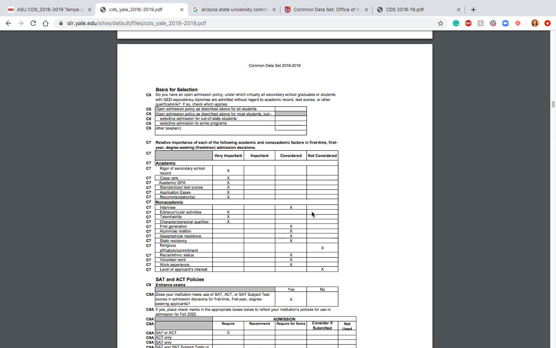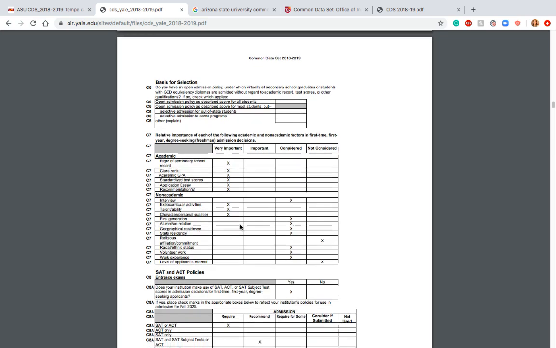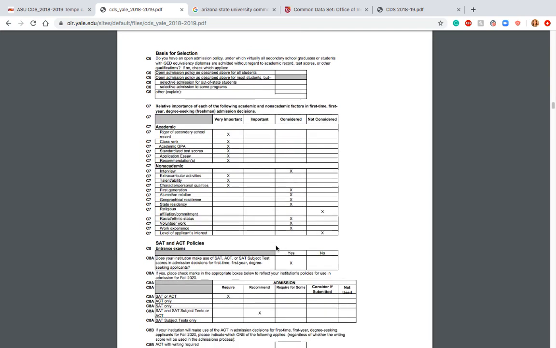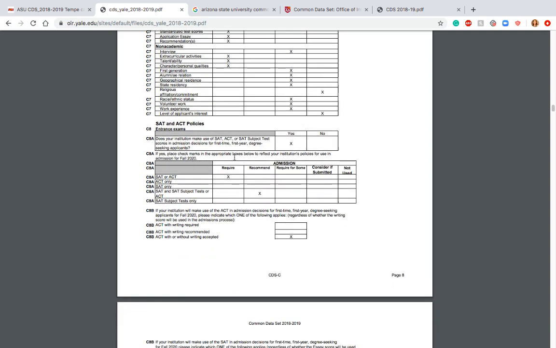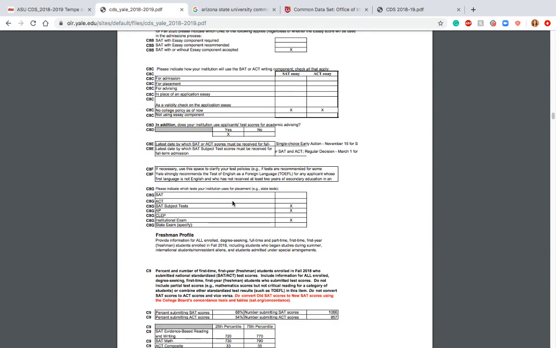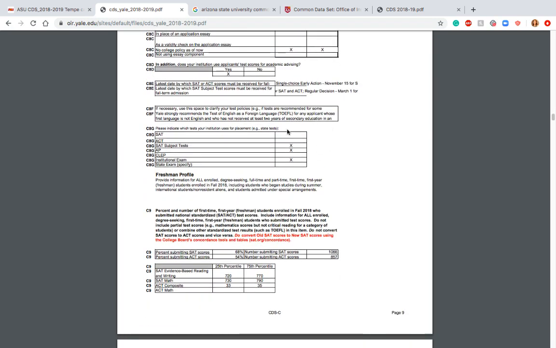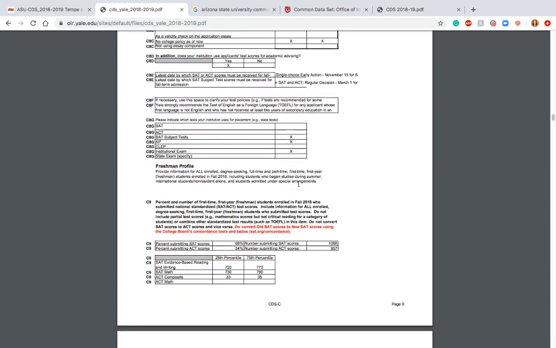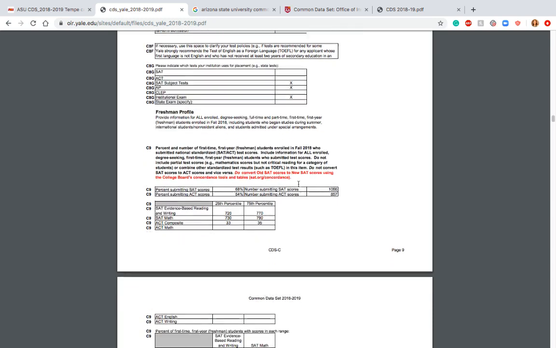Interviews with Yale are typically done through the alumni. So they're considered, but they're not necessarily the thing that will make or break your application. If you have talents, all these things matter to Yale. And then these other things are considered. They require the SAT or the ACT. And right now, they also like subject tests and AP scores, all of these things they will use for admissions